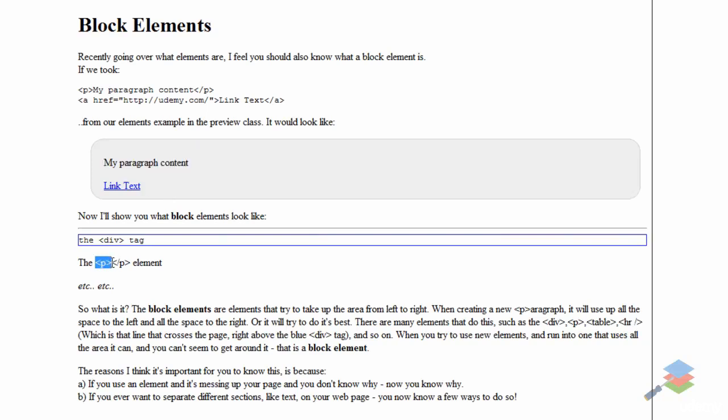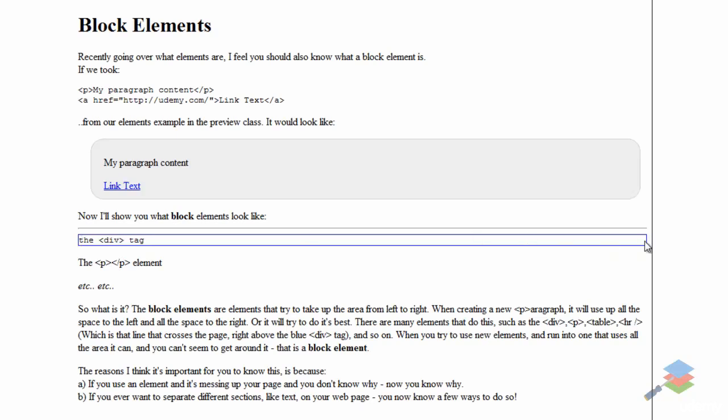Opening it with our content in the middle and then closing it is automatically going to take up all the space it can from the left to the right. So to formally tell you exactly what a block element is, a block element is an element, again, such as one of these, that will try to take up all the space it can from the left of it to the right of it.